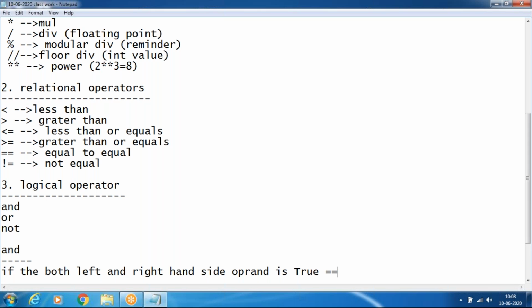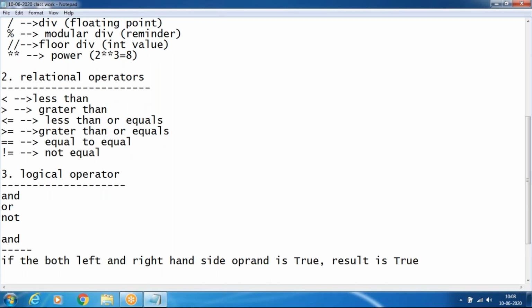Otherwise, it is false. So we'll see it in a practical manner. That's why you will understand.